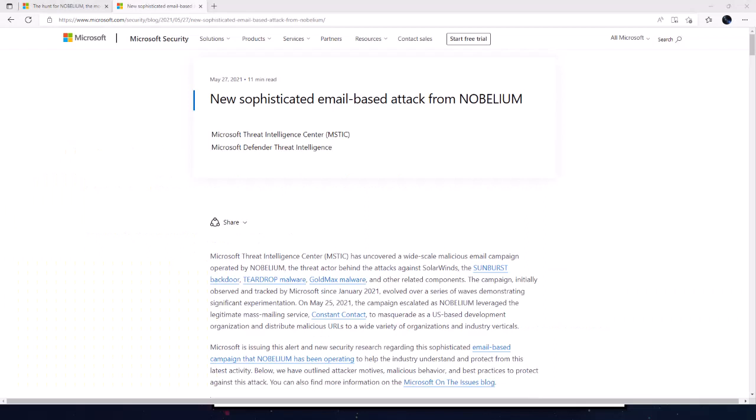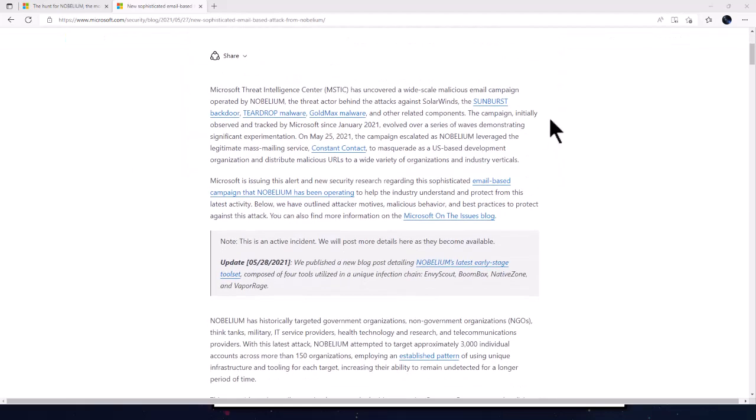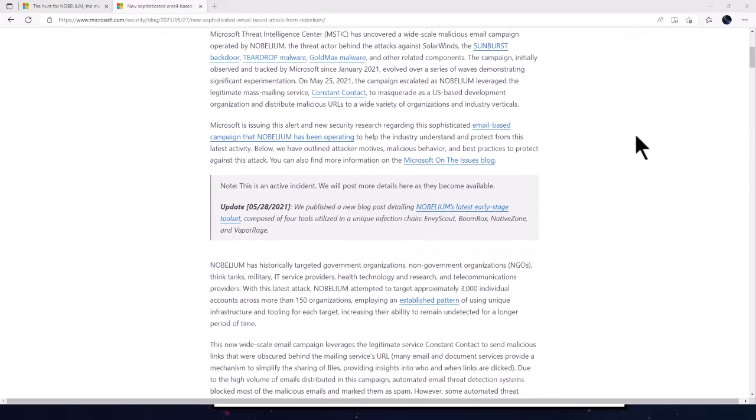So let's have a look at the first webpage, the Microsoft new sophisticated email-based attack from Nobelium. And that was from the Microsoft Threat Intel Center. So you're going to see some of the history, and you'll see a note there about it's still a case